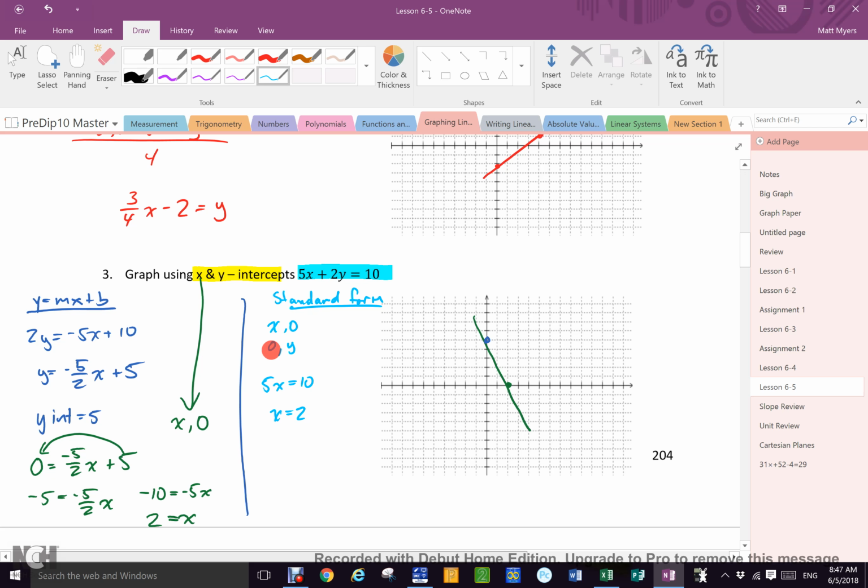X is 0, so it disappears. 2y equals 10, y equals 5. Why am I showing you so many ways? Is it to confuse you? No, it's to show you that every one of these methods is related and they are all soluble with subbing